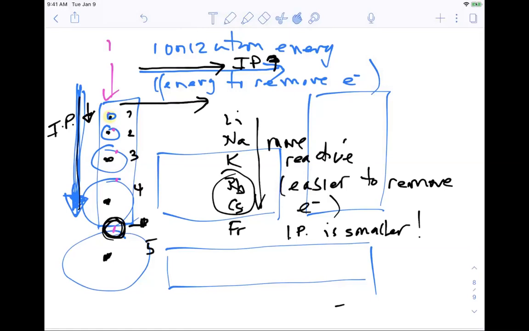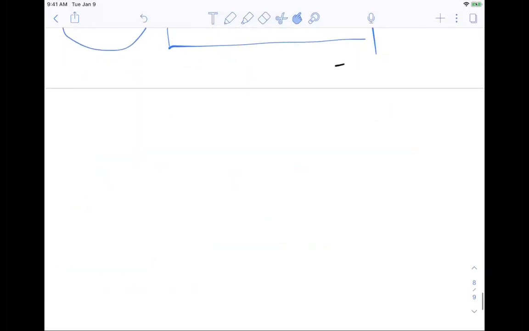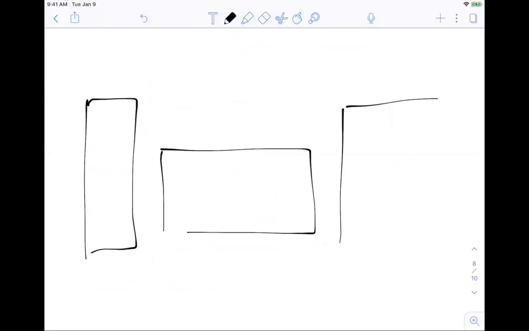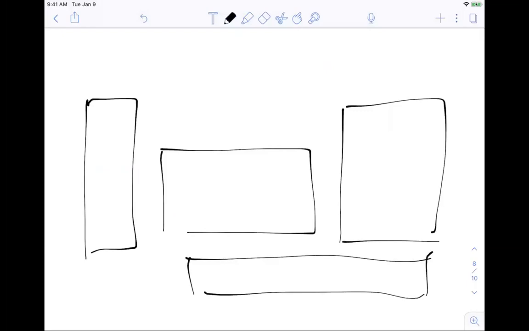Okay, let's talk about electron affinity. So electron affinity is the energy released when you put an electron into an atom. Now, before we draw anything, remember, electrons are negatively charged and the nucleus is